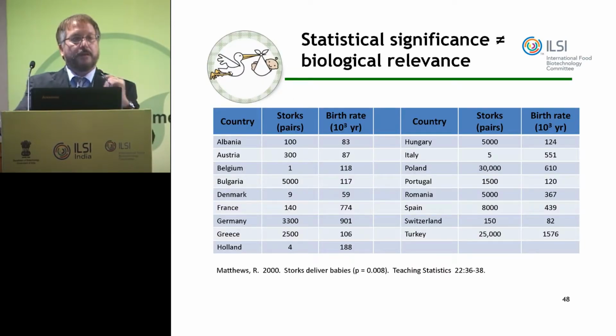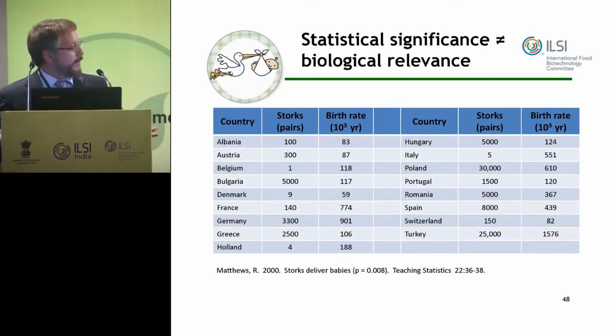Here's an example that's being used in schools now to illustrate the difference between biological relevance and statistical difference. In the United States and in Europe, when little children ask their parents where babies come from, they say the stork, this bird here, delivers the babies. Any lady that's had to carry a baby before knows this is not true, but it's a great explanation for kids. Well, what do they tell children in India when they ask where children come from? Same thing? Okay.